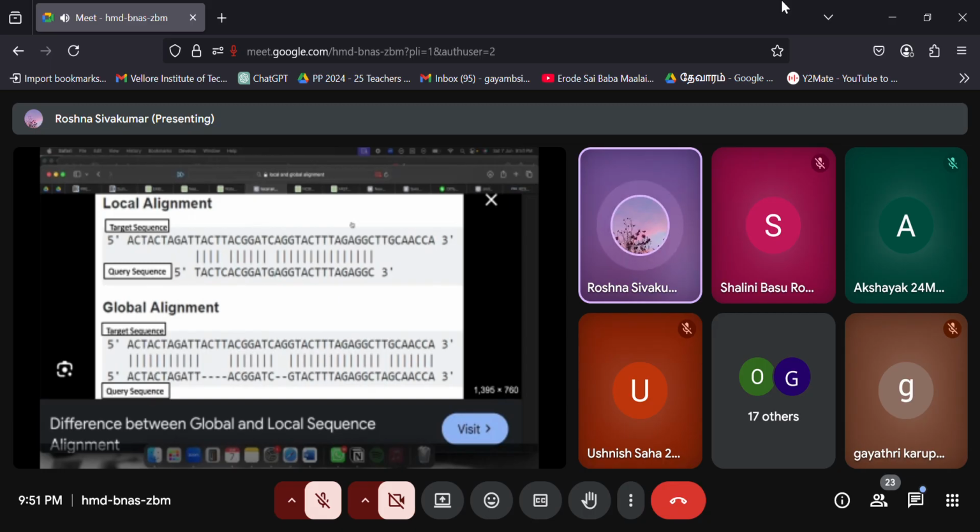Okay, so we are discussing local and global alignment. These are two different pairwise sequence alignment techniques. In local alignment, we look for the highest coverage percentage, but it is not a mandate that you align according to the beginning and the end. But in global alignment, it is made sure that you align both the ends, like the beginning and the last.